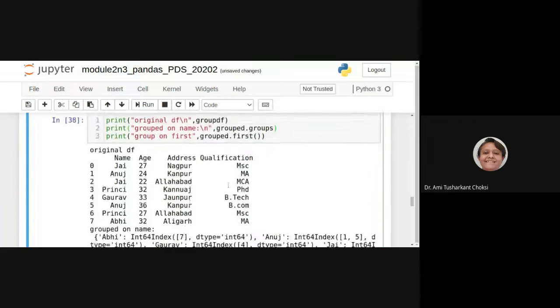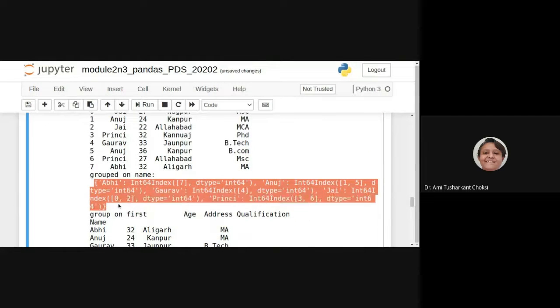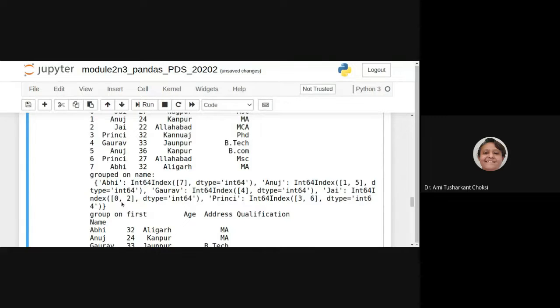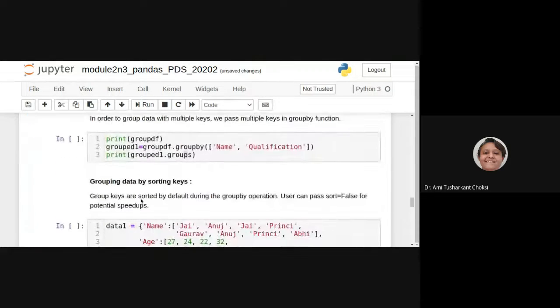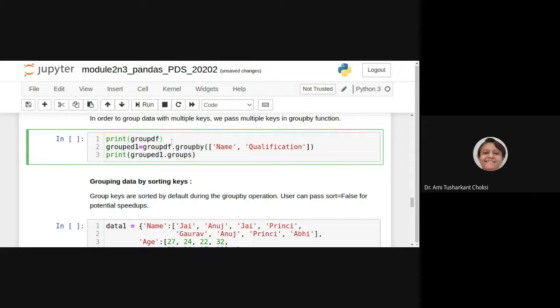So we could have got the groups of it, isn't it? What data we got there, that's what we can get here also, right? Here also we want to get the groups. So instead of this we can have that groups. That was there only on one column, group by name was there. Now we are having group by name and qualification. On two columns we are grouping.